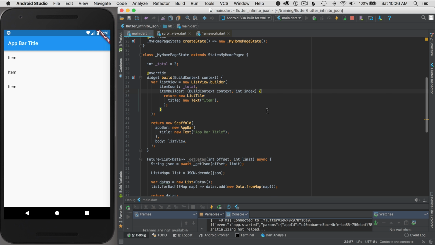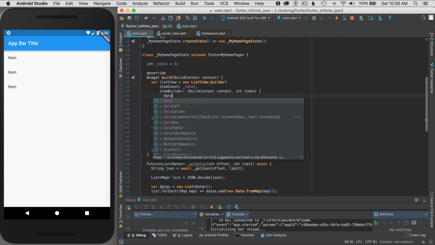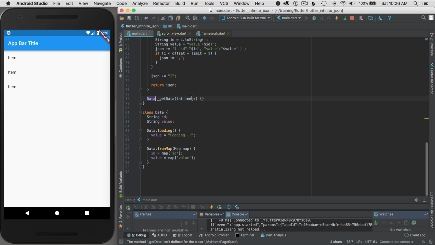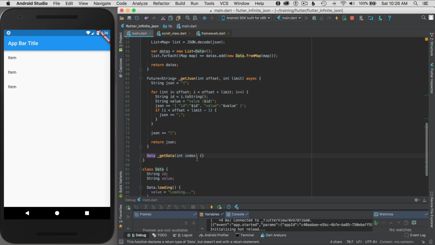So I'm going to start up here. I'm going to say here I need to get my data, and that's going to be get data, and I'll provide it with an index. So I'm going to create this function in a moment. And I'm going to say data.value will be the item. It's going to be a simple record with only text. Okay, so I'm going to alt enter on get data and create my private function or method, and the methods within the class, the functions outside the class. So I'm going to return data,